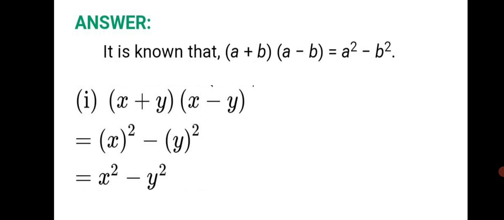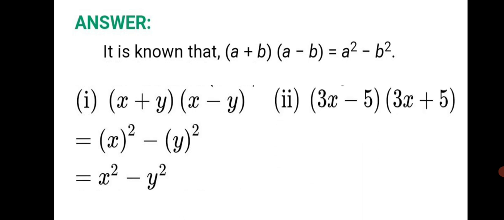Now why did we put them in the bracket? Because sometimes there can be numbers, which we call coefficients of the variable, along with it. So we need to square them also. You will come to know as you solve the second sum. So let's look at the second question.